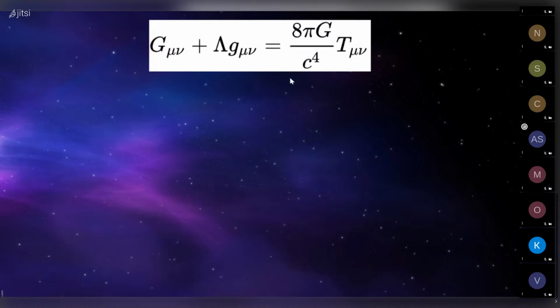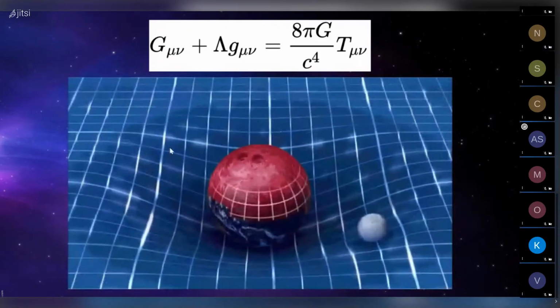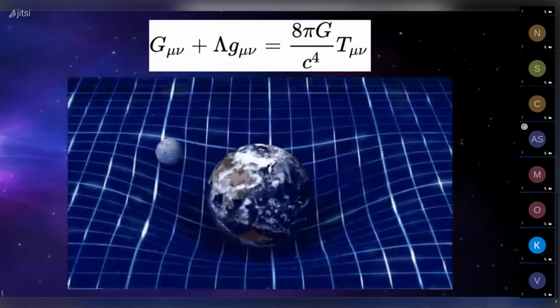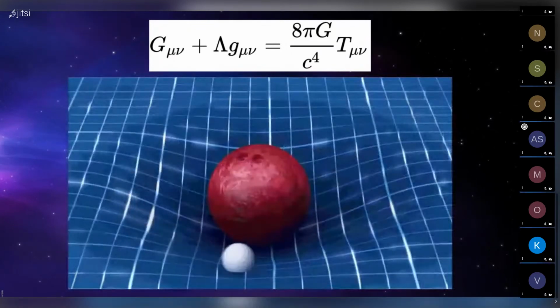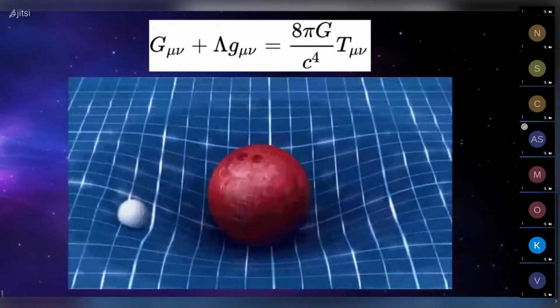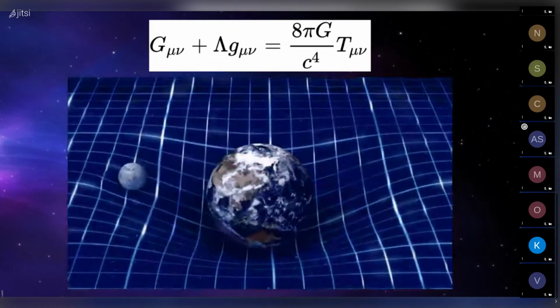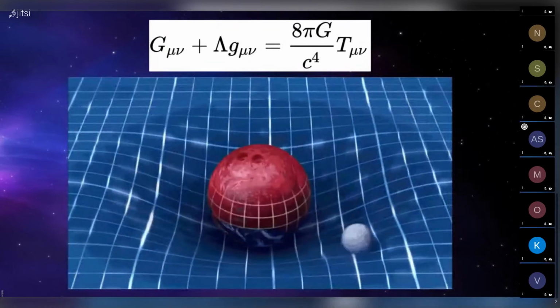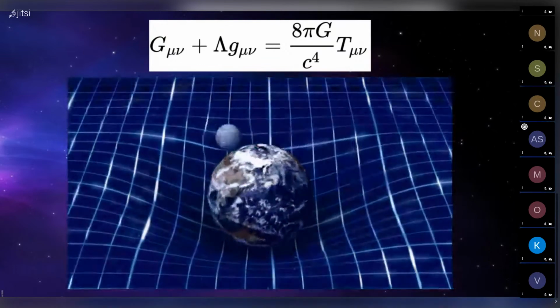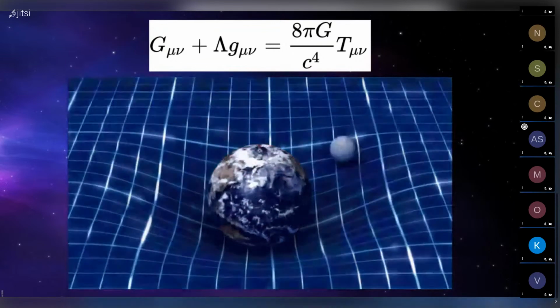So it actually says how matter causes curvature in space-time. Here is a small depiction of how we can understand it. Here we see that Earth, because of its huge mass, is curving space-time and causing a dip. It's actually not a dip. It's like the grid lines of space bend, such that the movement of this moon, which is revolving around Earth,